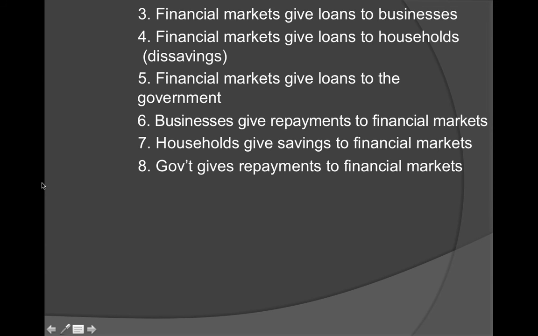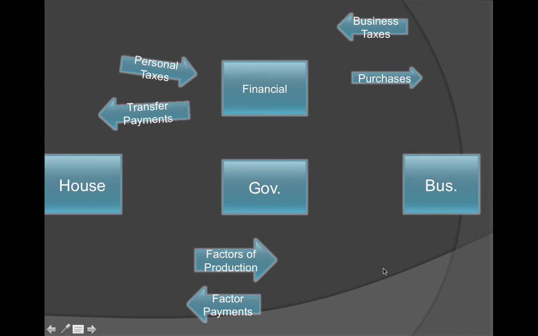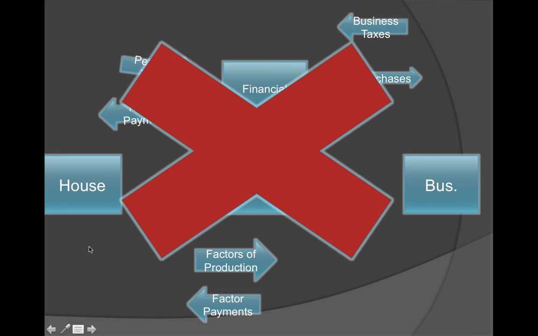So I tried to make a huge chart to show you kind of what this looked like. And this is kind of how it started. I mean, it was just a disaster. I had financial, house, government, bus. It was a disaster, and I couldn't get these things working. I got really, really frustrated. So I scrapped that and just said, I'm not going to do this one.